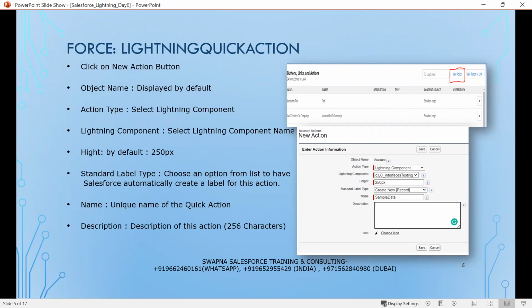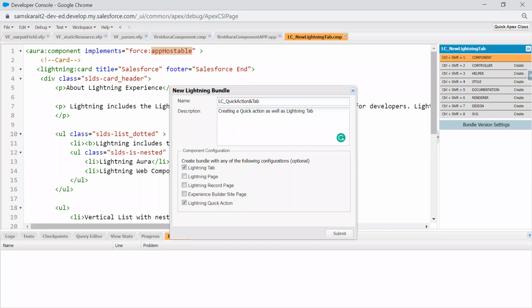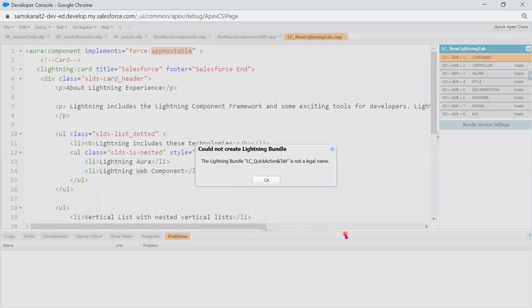Okay. So let's go. We are creating a quick action and a tab. Now I'm selecting the two options here. When I select them and click on the submit button,